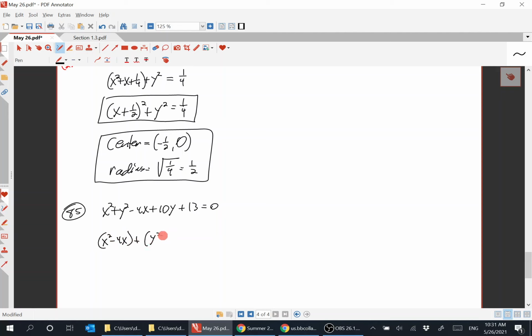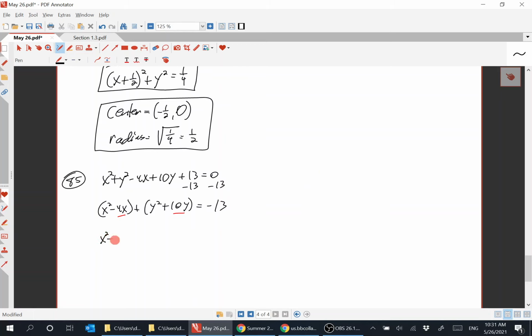the y terms together, and move the constant over to the right by subtracting it from both sides. So minus 13. Take the coefficient of the x, right, divide by 2, and then square it. So 4 over 2 is 2. And when you square it, you get 4. So you're going to add a 4